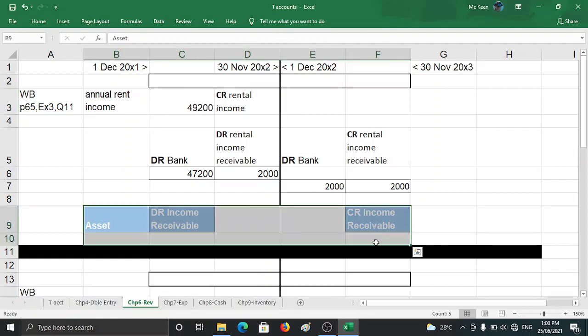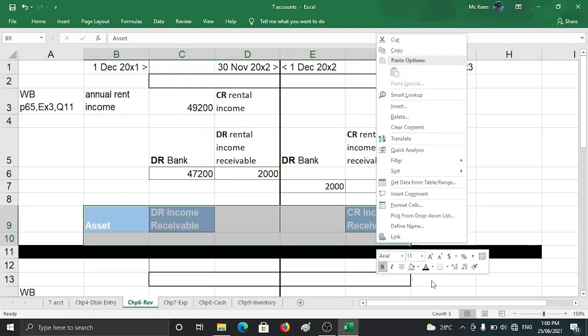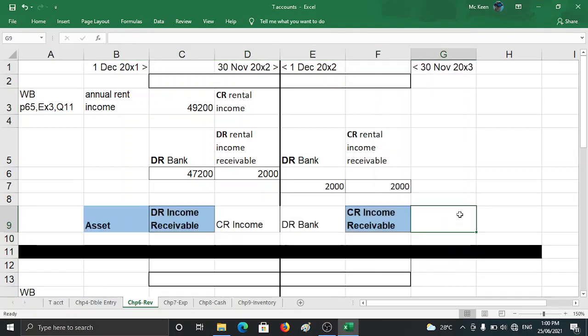So the concept of rental income receivable is an asset. Okay, it's an asset class. Income becomes an asset in this case. But income can also become a liability in another scenario. So now let's move on